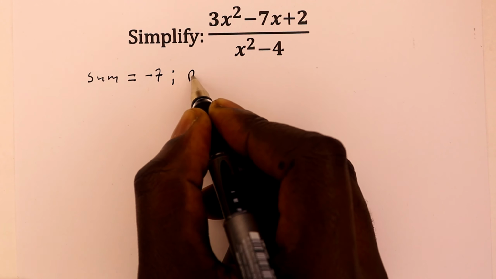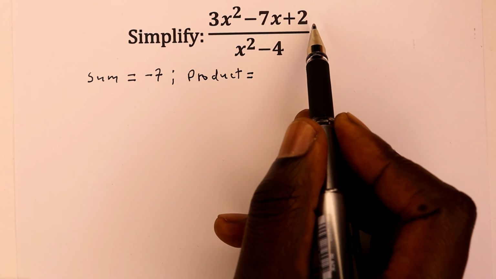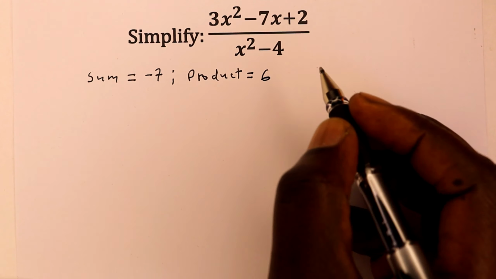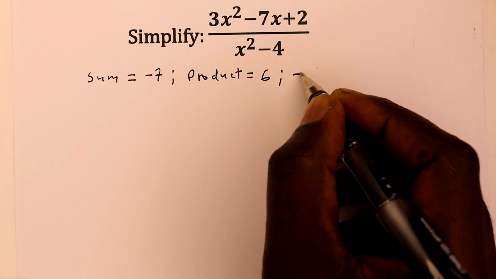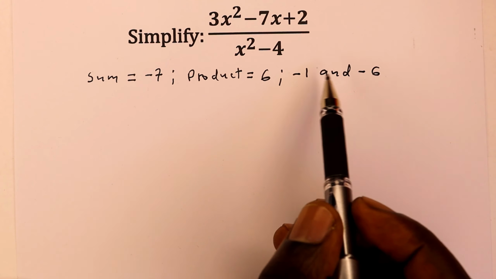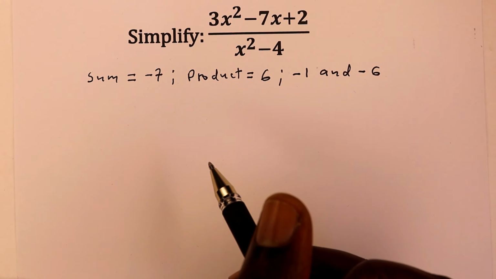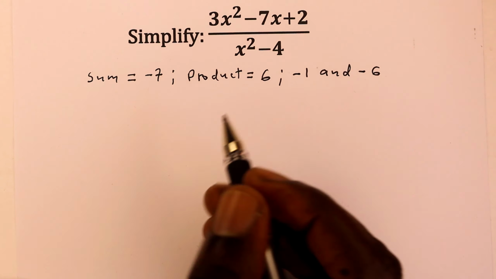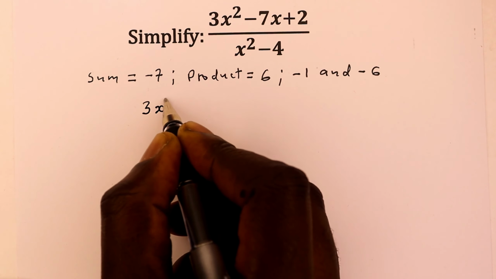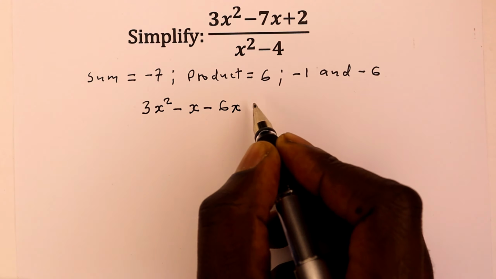And the product of these 2 numbers should be the same as a times c. That is 3 times 2, which is 6. So you will find that these 2 numbers are -1 and -6. And we can check that if you add -1 plus -6, you get -7. You multiply the 2, you get +6. So it means, therefore, that we can rewrite the numerator as 3x squared minus x minus 6x plus 2